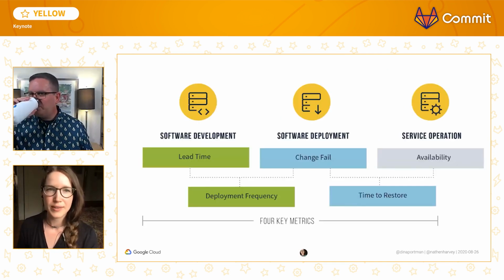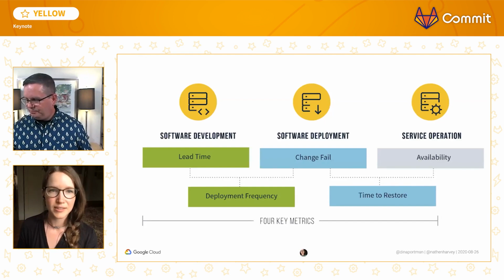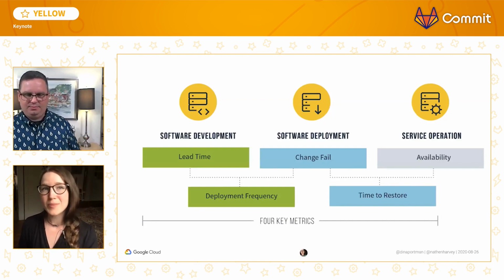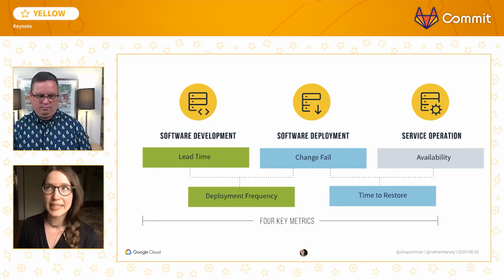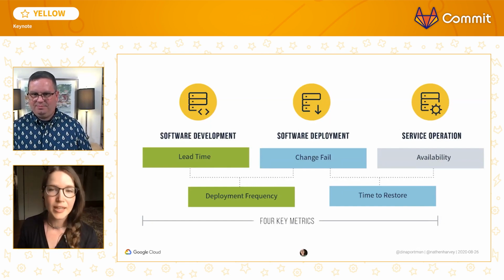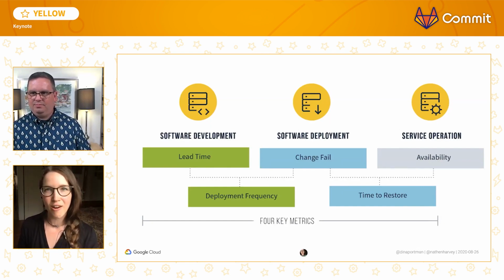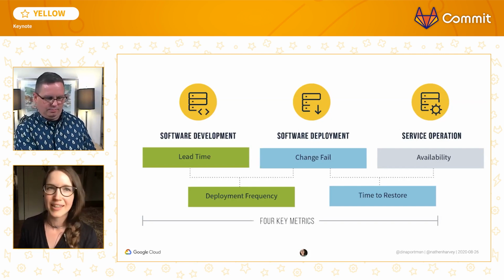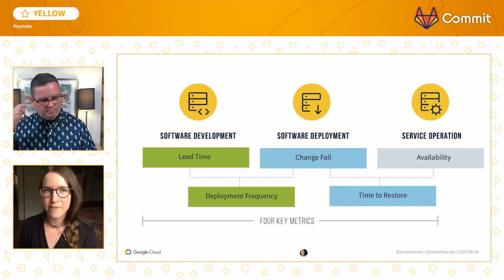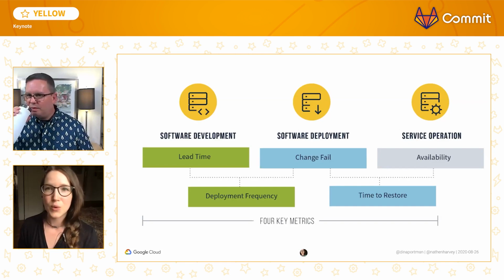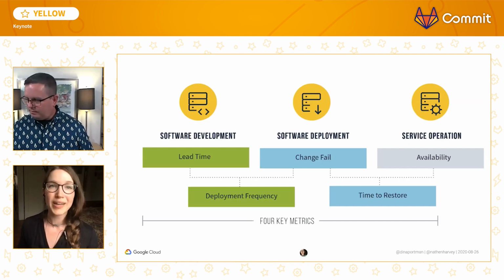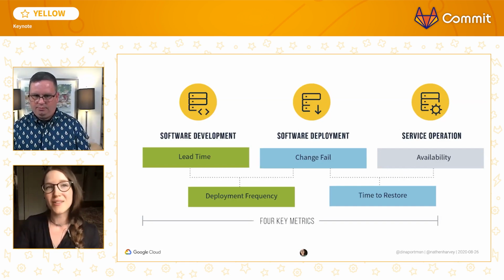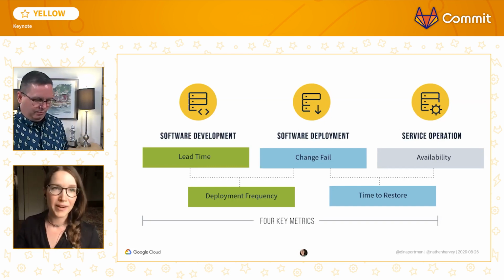And so far, Nathan has been talking about the research that Dora has done into these 4 key metrics. Now, the research has been done using survey data, which it's been done very rigorously using very strong statistical methods. It's good research. But I will say that surveys are subject to bias. It is very much a gut feeling of what you think is happening in your organization. And that can change based on whether you're a developer, whether you're a VP, whether or not you just had a big failure. And so we want to get at the systems data. We want to get at the truth as much as possible, especially because that'll allow us to track changes over time much better as well.